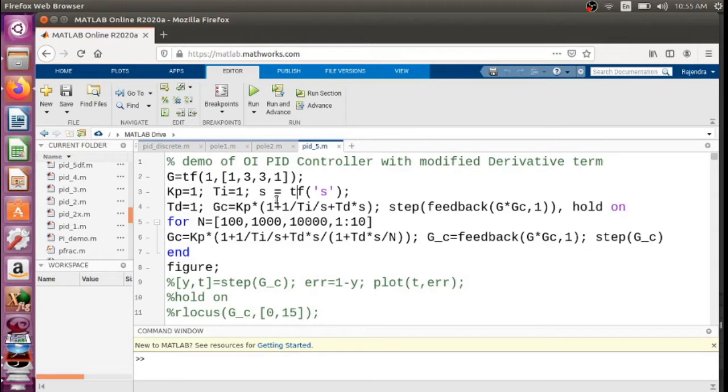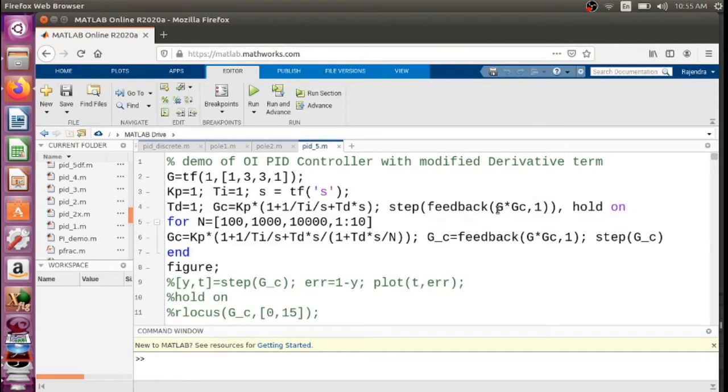What is the meaning of step? It operates on the bracket, performing the step input response on this particular system. The system is a feedback control system. Feedback is another function operating on this bracket, where this term is the open loop transfer function and this term is the feedback gain or feedback transfer function.